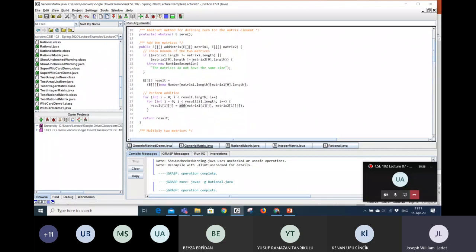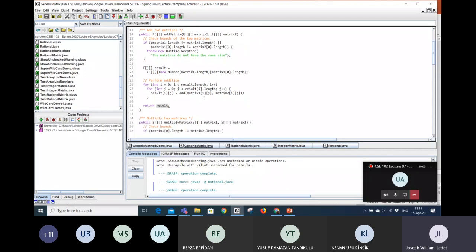Now, I won't go into a large discussion of this add matrix method. Again, if you know matrix arithmetic, how to add and multiply two matrices together and get a resulting matrix, that should be part of your math class. I hope your math instructor knows how to do all that and has taught you how to do all that. All right. So we won't go into a great discussion about that, but